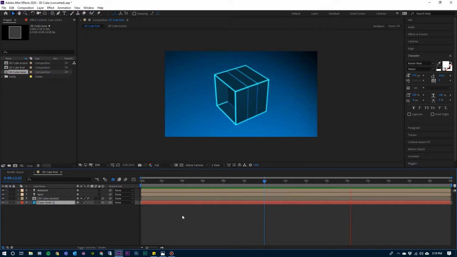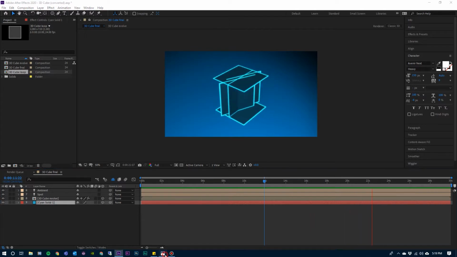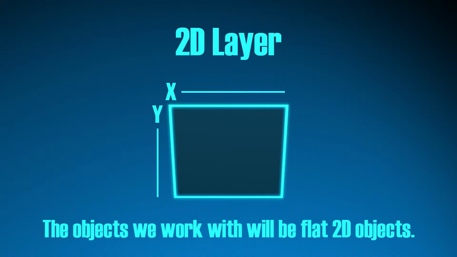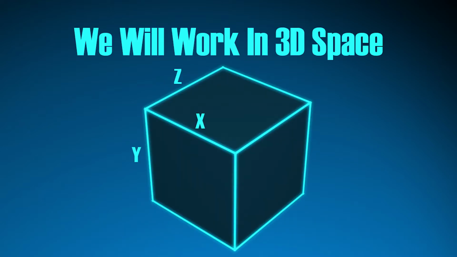Before we jump into building something, I just want to go over a couple of things real quick. First of all, like I said, these will be 2D layers. They'll have an X and a Y axis. And so they'll be flat objects, whether it's a picture, a graphic, a shape layer, a solid in After Effects, or a video clip. They'll be flat 2D layers, but we will be able to animate them or move them around now in 3D